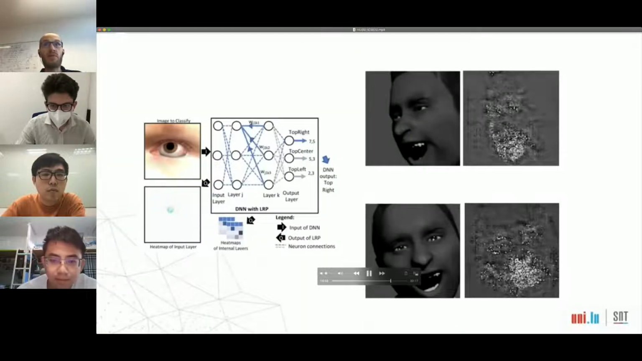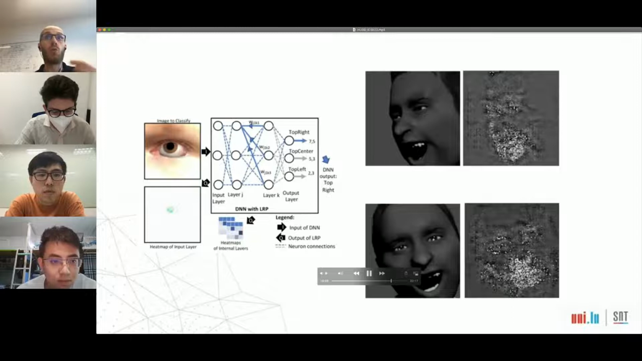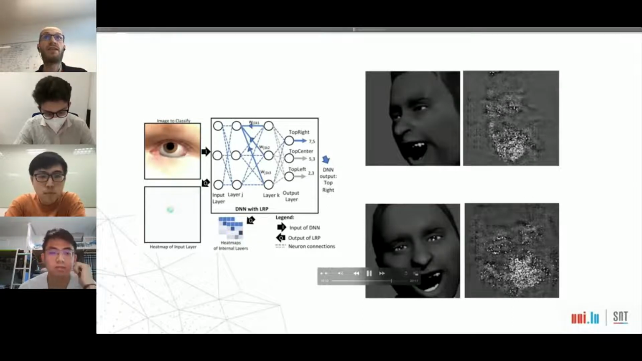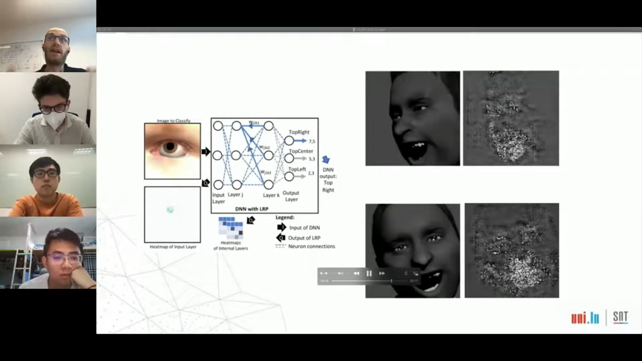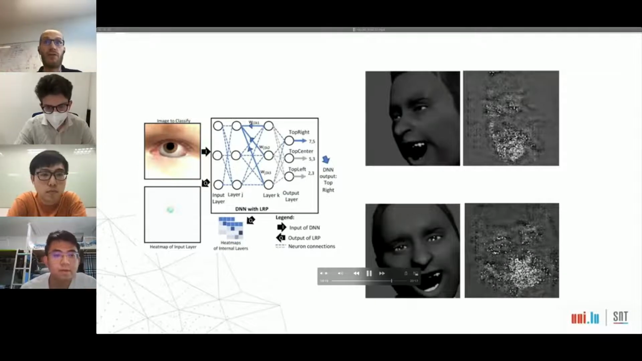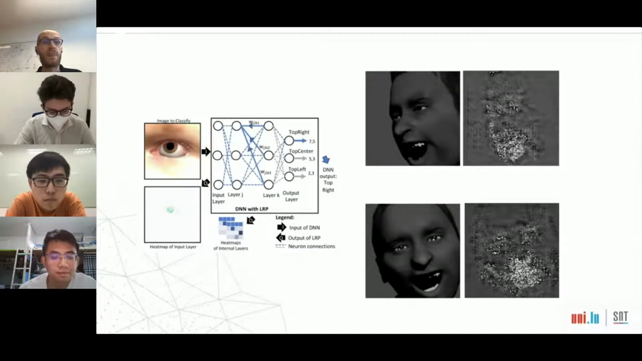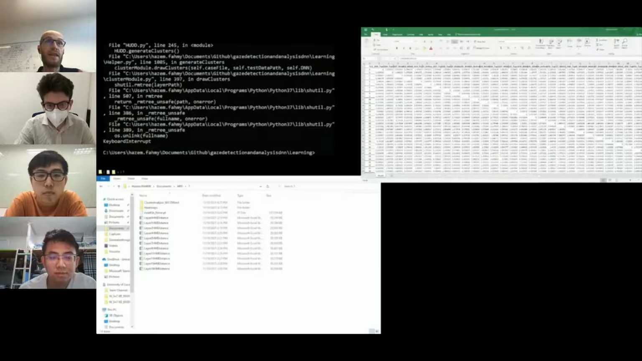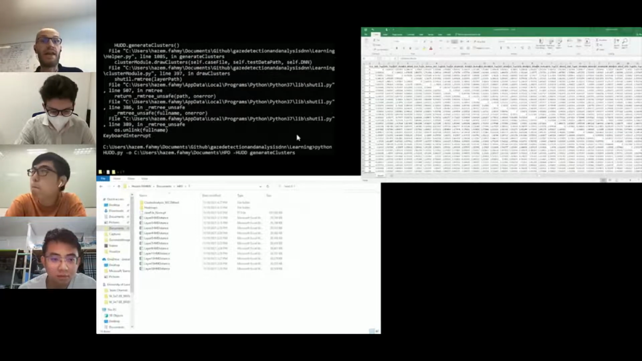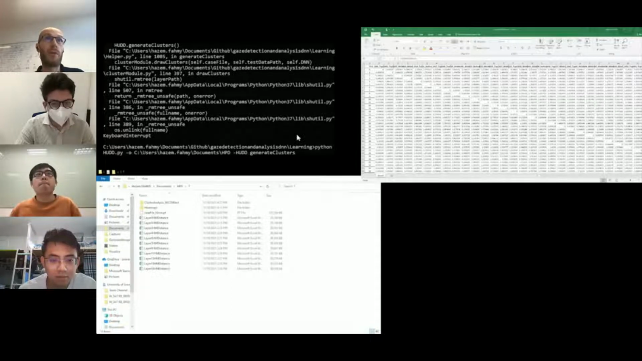These heat maps are very important because they contain information about what is important for the DNN to generate the result. And they are, of course, different for different images. Then the next step is the clustering, and the clustering is performed with this generate cluster command